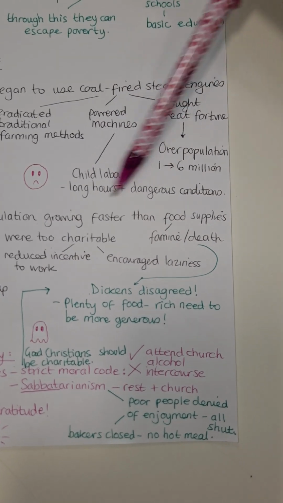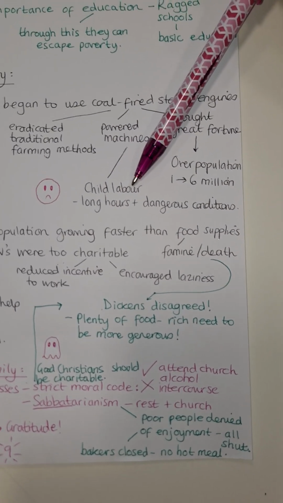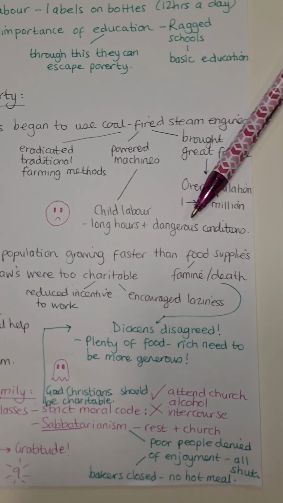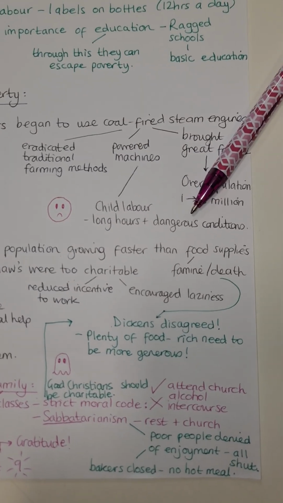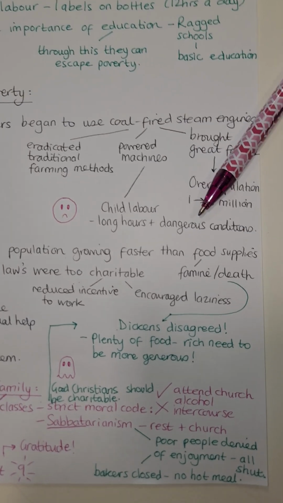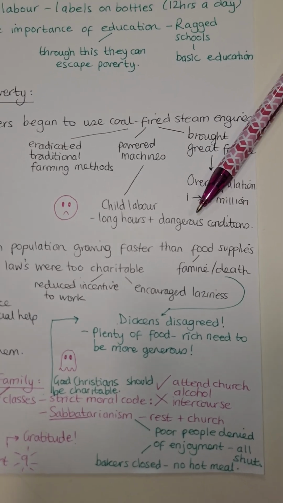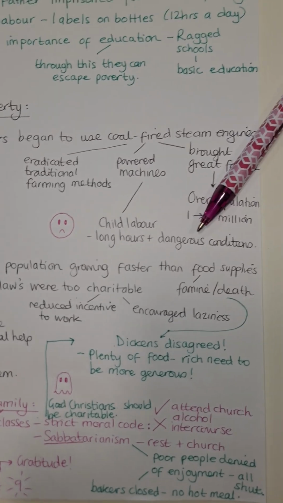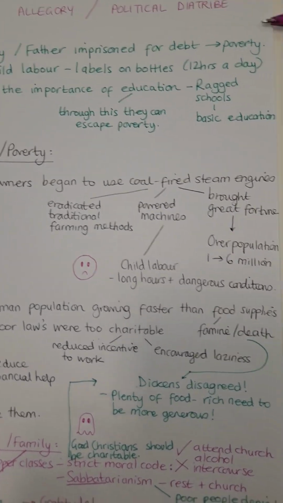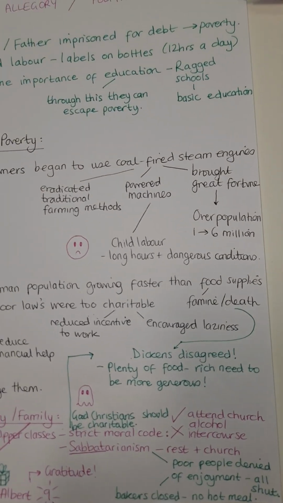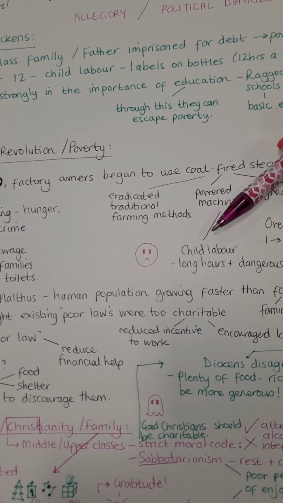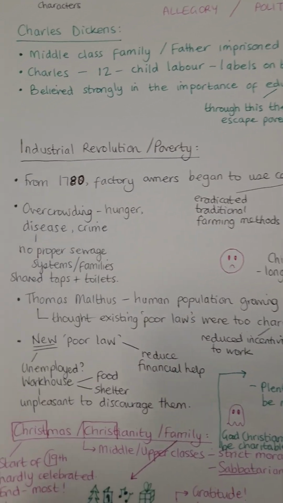You think about clothing factories, for example. Children would be given the task to go behind machinery and thread cotton into needles to make sure that the machines can therefore bring about clothing or materials or whatever. So yeah, child labour was very much a thing during the Industrial Revolution.